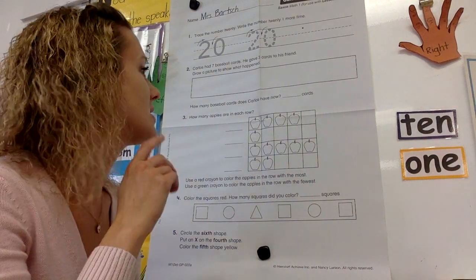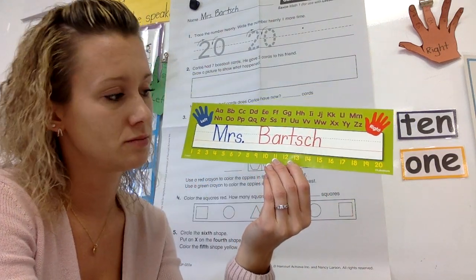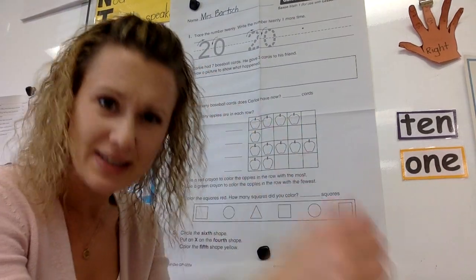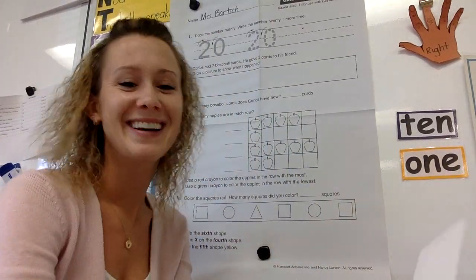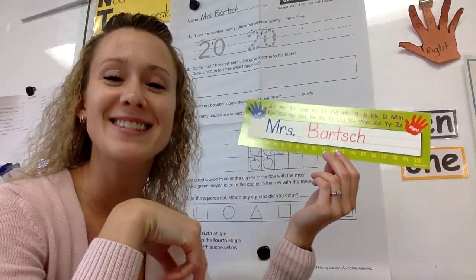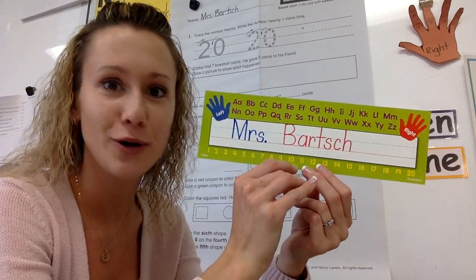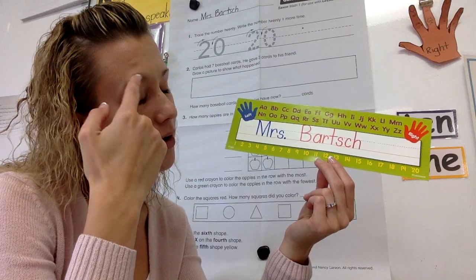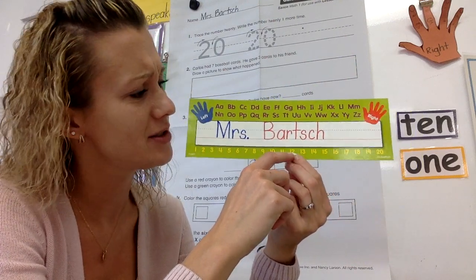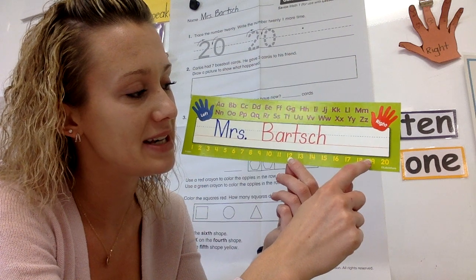Oh, what number is that? Yesterday we did 19. What comes after 19? It is the last number on your name tag. Let's count. Let's start at 10. Ready? Go. 1, 2. Say silly, Mrs. Barch. Oh boy, I'm just like, okay. Woo! Sometimes teachers make mistakes and you just get to laugh at me and then don't make me feel bad, but then just, we got a lot on our brains as grown-ups. So sometimes we just do goofy things. This is not a 1. I know that's a 10. We're counting here. Count with me starting at 10. Ready? Go. 10, 11, I can count. 12, 13, 14, 15, 16, 17, 18, 19,